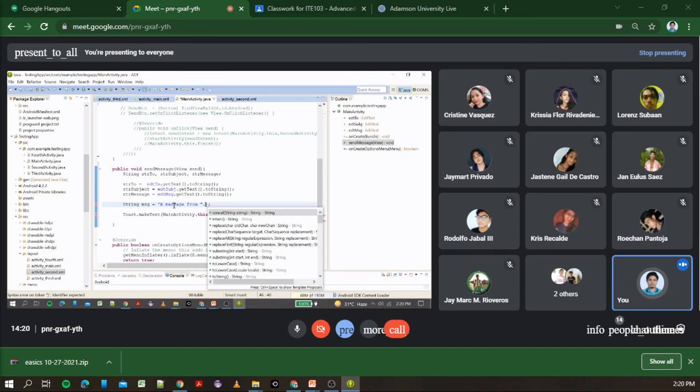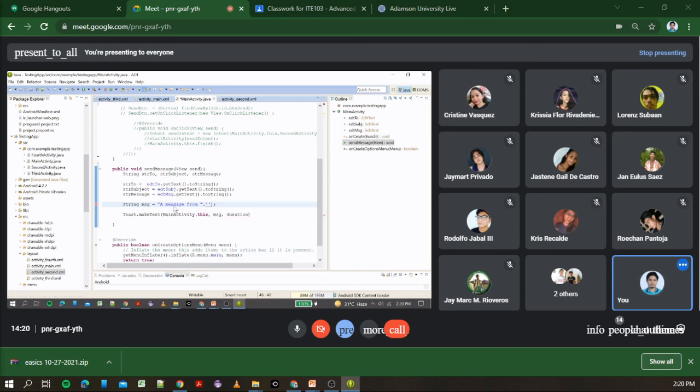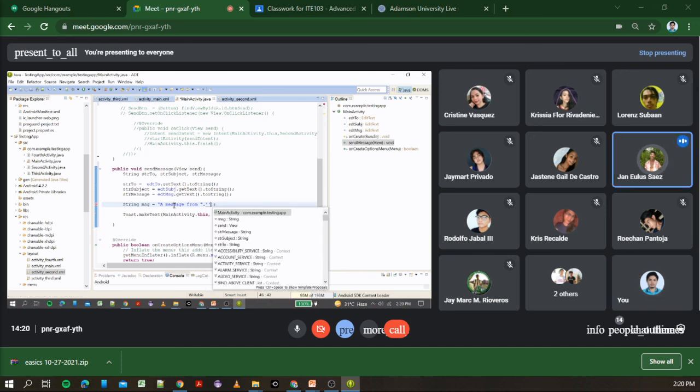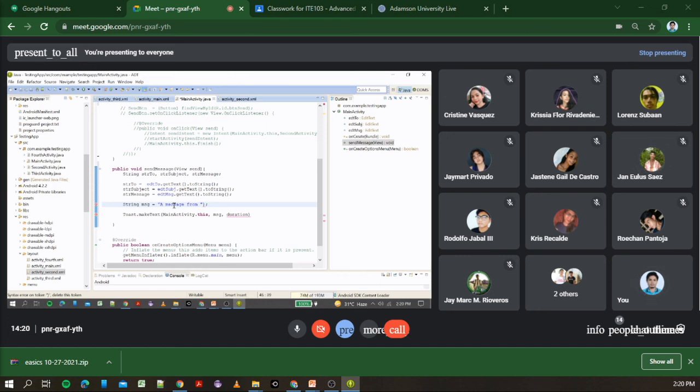Nalimutan ko na kung paano. Ano ulit? Plus sign ba? O anong isasunod ko dito, for example, kailangan